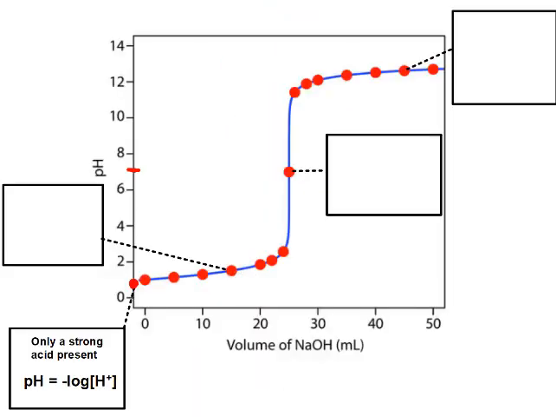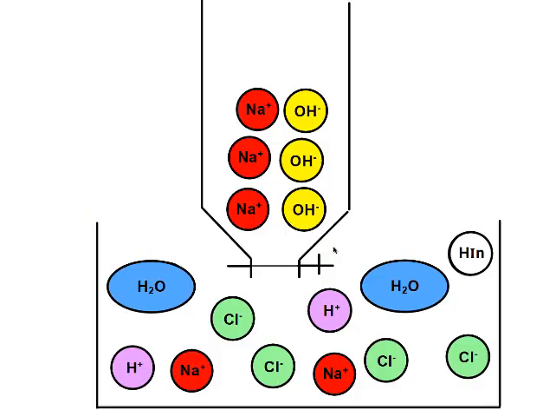So at this point, we are in this middle section of the graph. We're halfway to neutralizing all of our acid. But again, we only have a strong acid present, and so our pH will depend just on the concentration of the remaining hydrogen ions. So pH is equal to negative log of hydrogen remaining. If we keep adding sodium hydroxide,